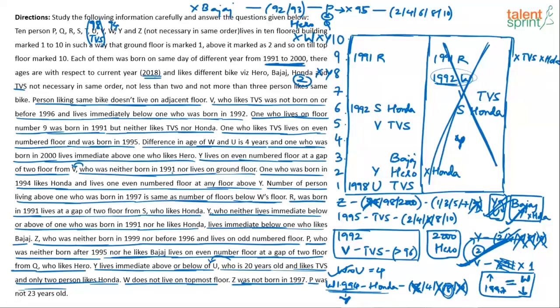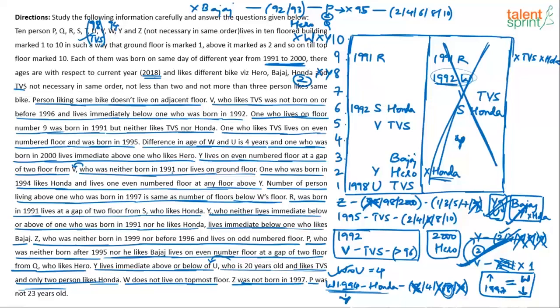Yes or no? I cannot put Bajaj here because of immediate neighboring positions. Similarly, I cannot put TVS here, and Honda cannot come there because Y does not like Honda, we know. So it should be Hero. Y likes Hero. So what all is done? I think Y and U neighbors is done. This part of U is done. Yeah. Now try to fix